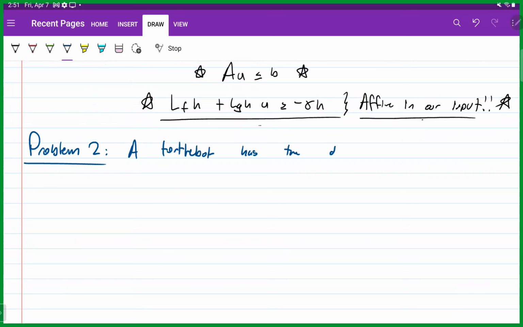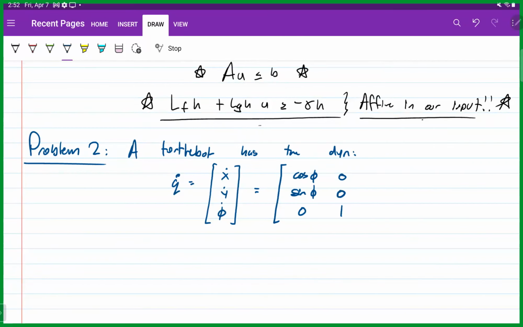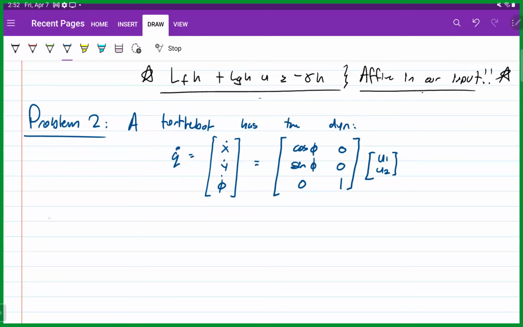The dynamics: q dot is equal to x dot, y dot, phi dot, which equals cosine phi, sine phi, 0, 0, 0, 1 times an input u1, u2. Okay, so let's say a CBF for this system,